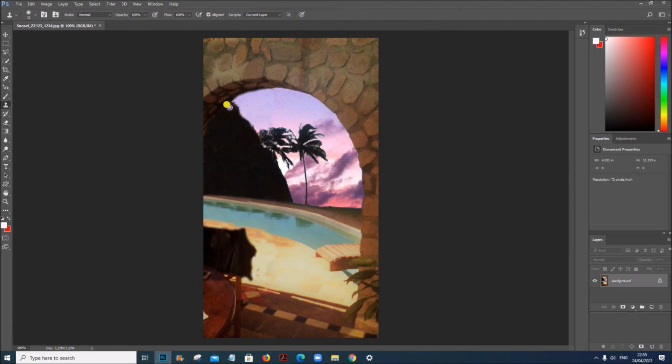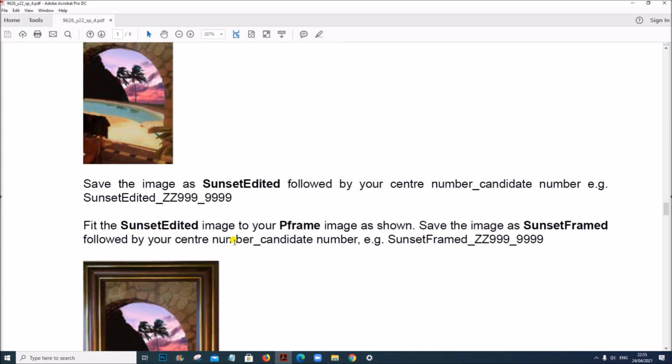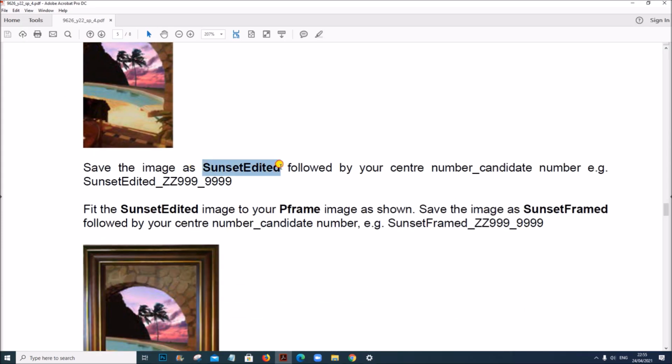Now you can see almost all parts of the door are removed, and now only the background remains. So that step is done. Now let us save this as sunset edited, followed by your center number and candidate number.